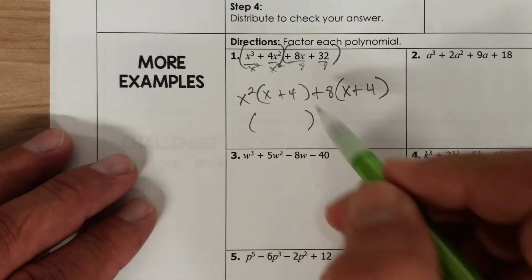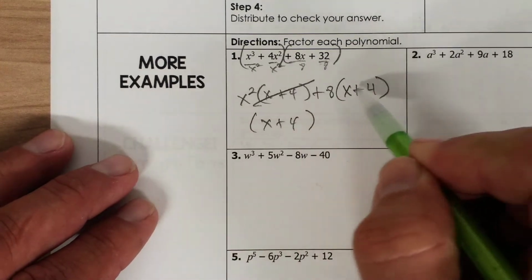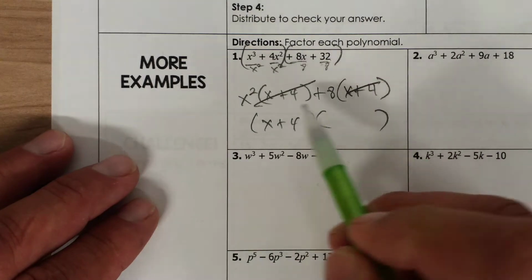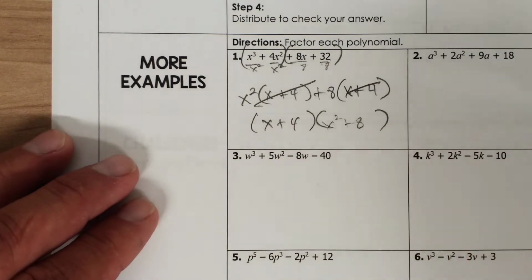This parentheses that match, I'm going to make one of my parentheses that, and the other parentheses what I didn't cross out, x squared plus 8. Okay,